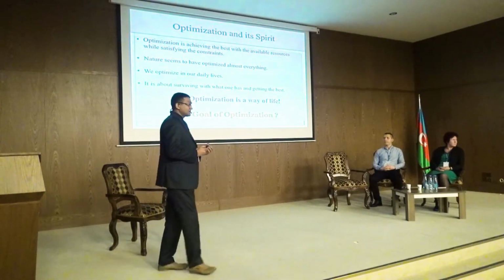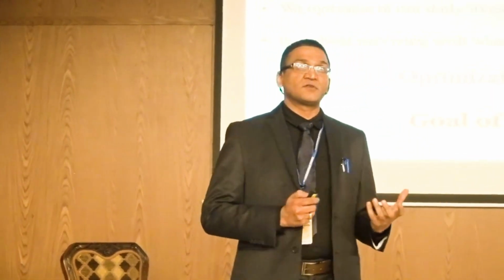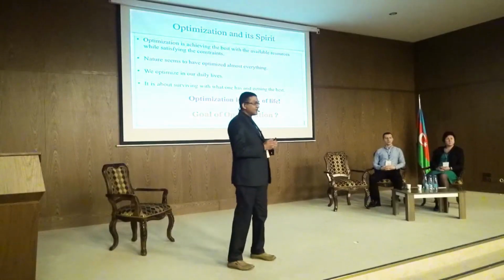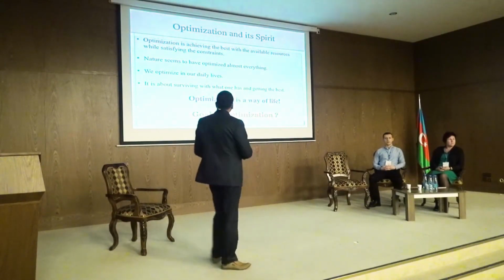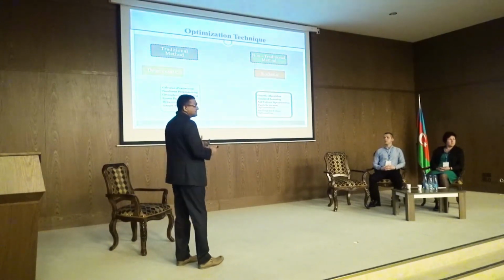When we talk of optimization, we talk of maximizing and minimizing. That means we must have some maximizing function or some minimizing function, and we can say mathematically that we are looking for a variable whose value can either maximize or minimize this objective function. There are different kinds of objective functions, and their complexity depends on the number of objectives in hand. So there are single objective functions and multiple objective functions.